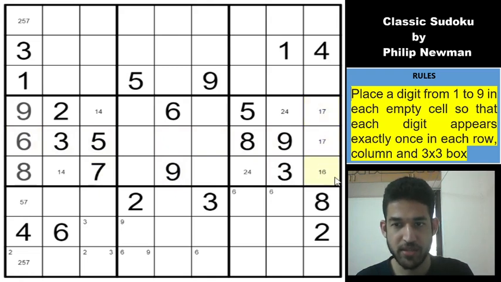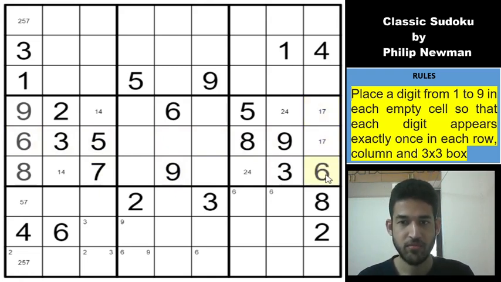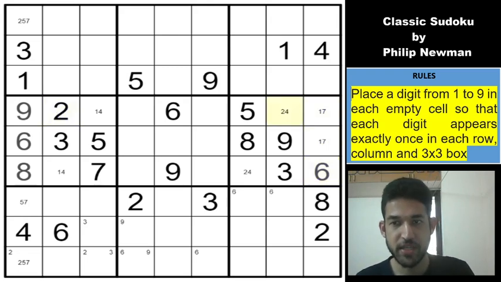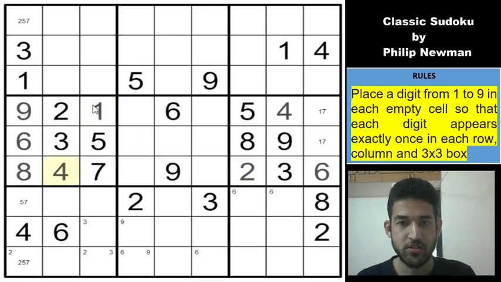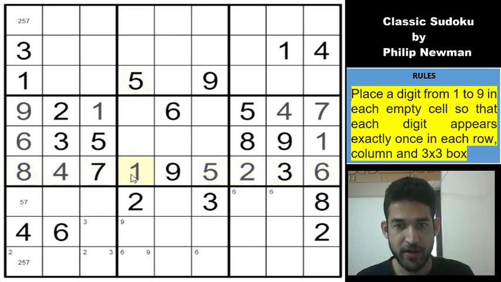So which means I can place the 6 here. Oh, I have a 2 also, so which means I can resolve this 4-2 pair and that immediately resolves this 1 and 4 pair. So which means that I can get the 1 and 7 quickly. So a really smooth start to the Sudoku. 4, 7, 8, 9, 2, 3 and 6. So remaining digits are 1, 5 in row 6. And this 5 resolves this 1, 5 pair.